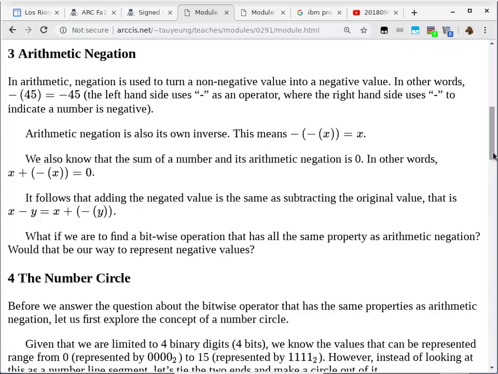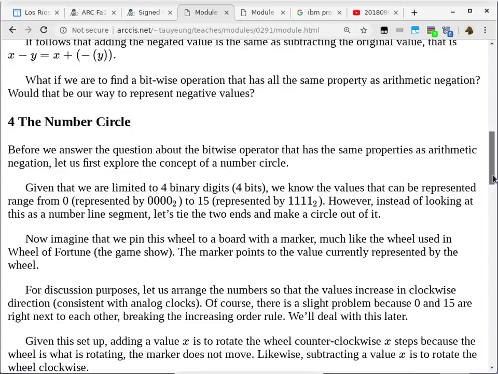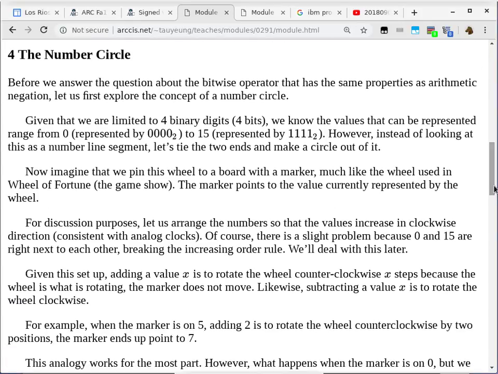Right? Okay. And then another one is saying, if you want to compute x minus y, one way to do it is to figure out what is the negation of y and then add that amount to x. They should come out to be the same. So nothing really surprising here. And then the next section talks about the number circle, which I think is a very important concept, but I was too lazy to draw a picture and put it into my notes. So we can do it here